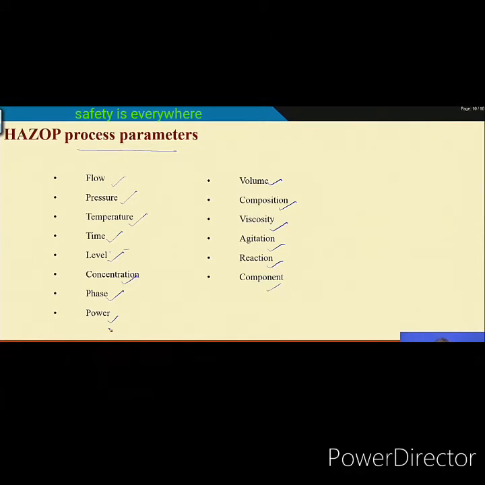Okay. Suppose if you think of a chemical reaction, suppose sulfuric acid and ammonia, then what will happen? A study node you may choose where the amount of ammonia or amount of sulfuric acid will be important, and in that case the flow may determine the amount, then flow will be a process parameter. Okay. I will give you one example related to this.